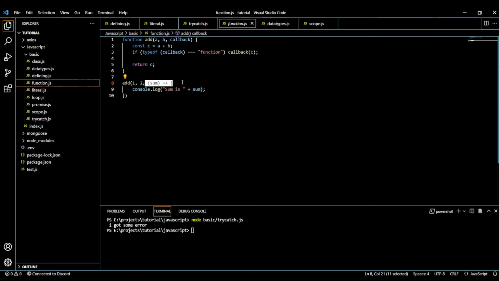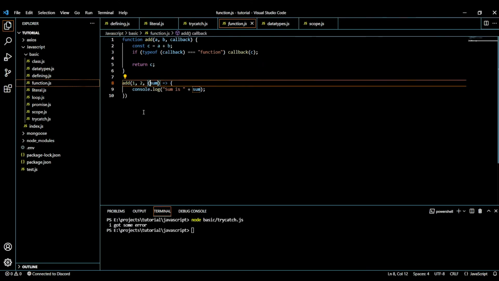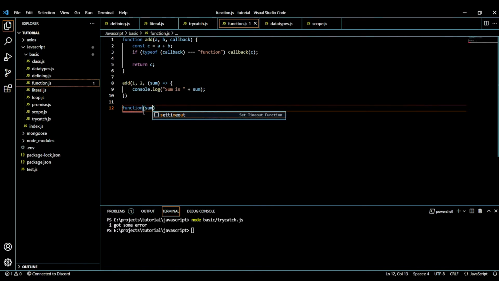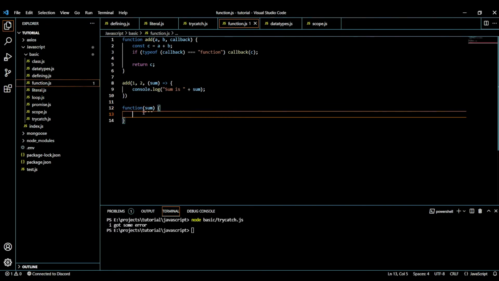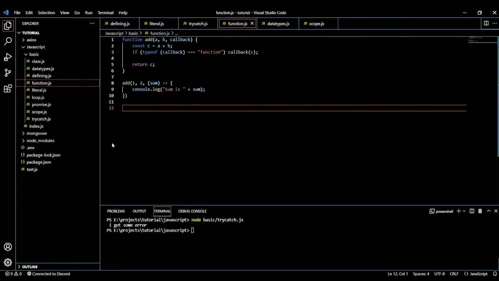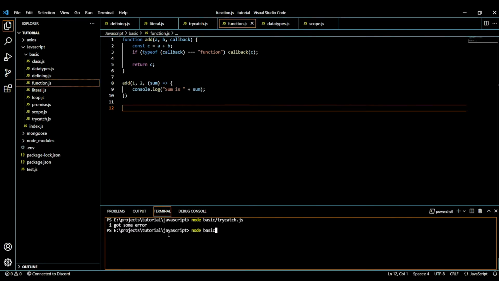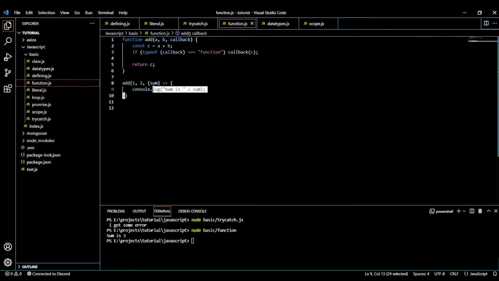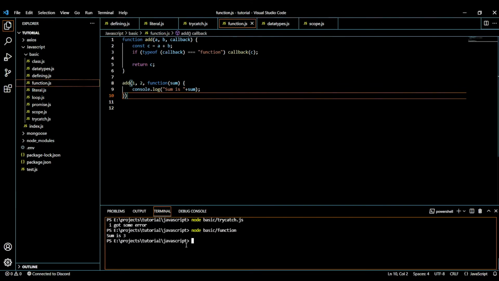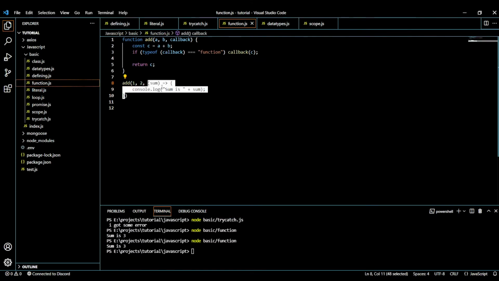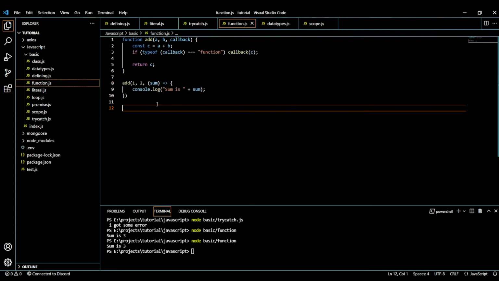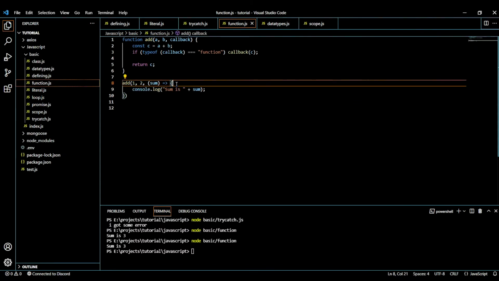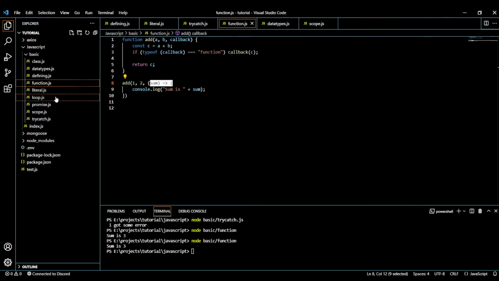So guys, this is a different way to define a function. This thing is equivalent to something like function sum is this, log sum is sum. So if I just cut this thing and let me show you this. If I do slash function, bam, it logs sum is 3. But if I replace this part with this function thing, it will still do the same thing. So they are the same thing, just a different way to define them. Alright, so that's how we provide parameters, and that's how we provide function parameters. This is all about that.